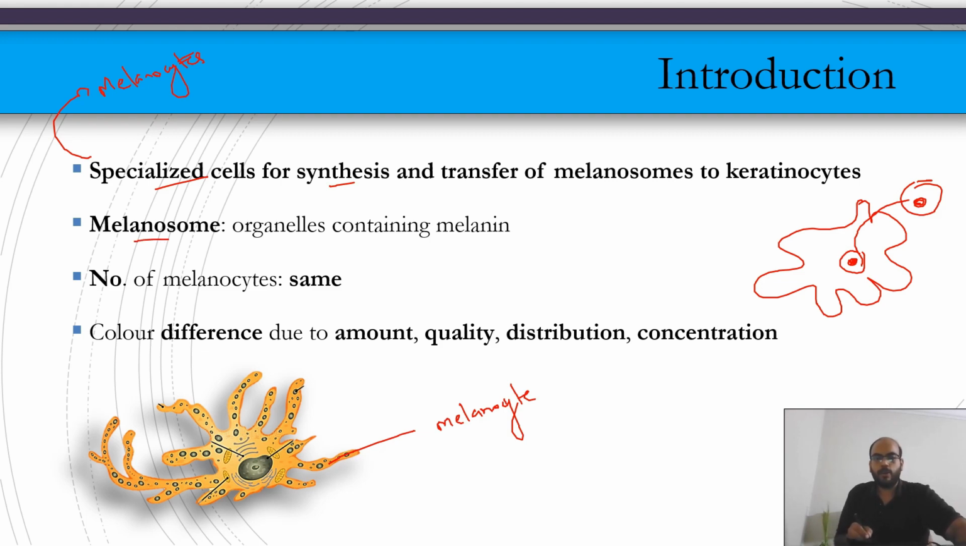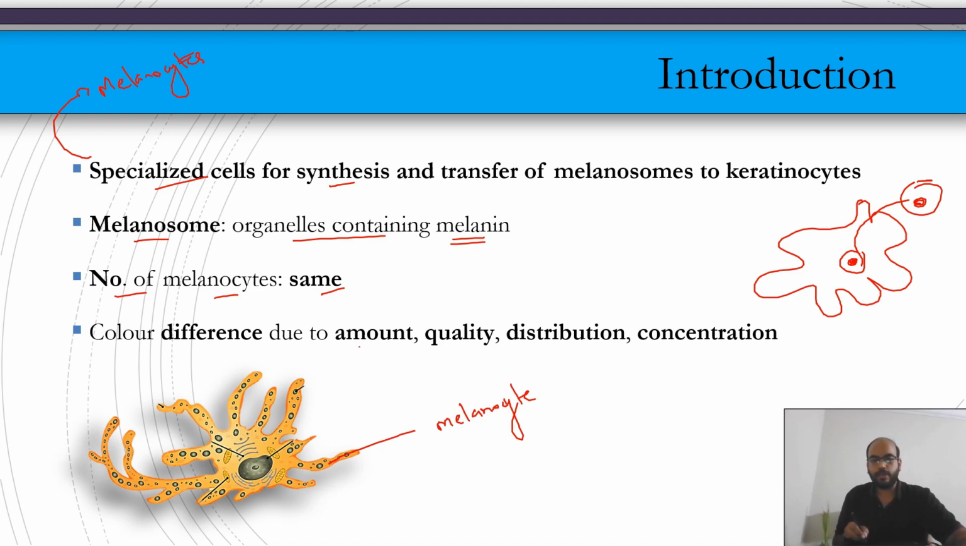So melanosomes are organelles that contain the pigment melanin. Now, in all humans, the number of melanocytes is the same. So there's no change or difference in the number of melanocytes in a dark skin individual as compared to a light skin individual. It's not like a person of African American origin has more melanocytes as compared to the Caucasian race. It's basically that the number of melanocytes per unit area is the same or similar in different individuals, but